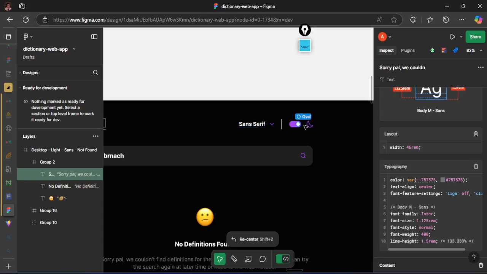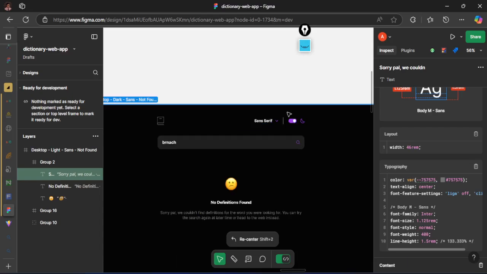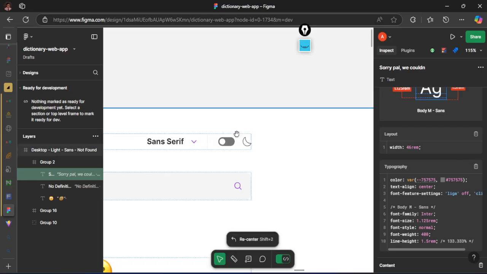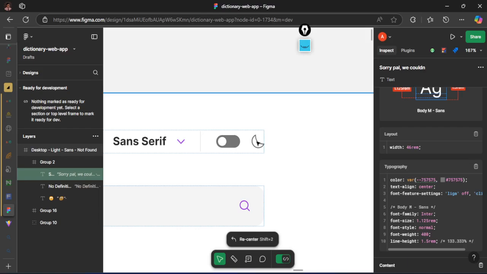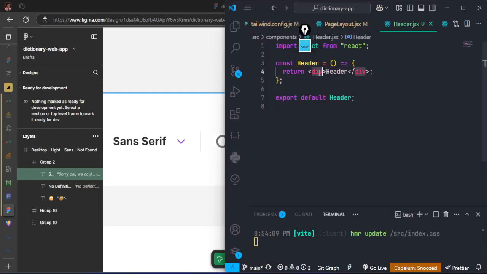And at the same time, we have this toggle there that we can use. So when it is not, this is what we have. And when it is having this in, this is what we are going to have. So let's enter the header, which I'm going to use the header